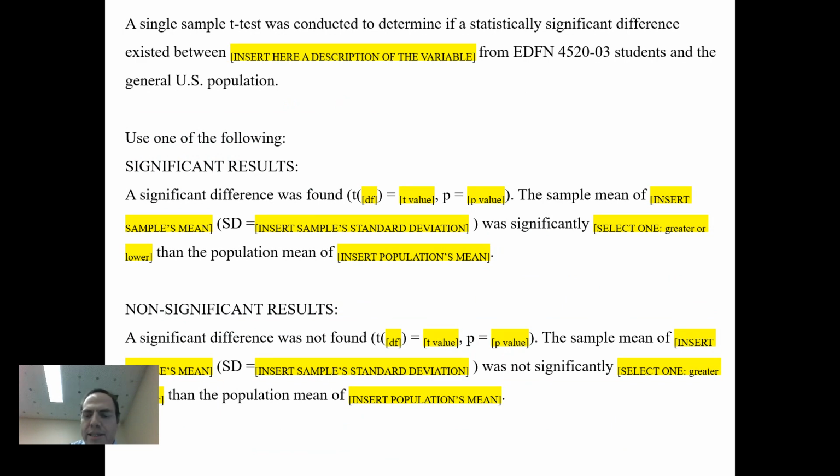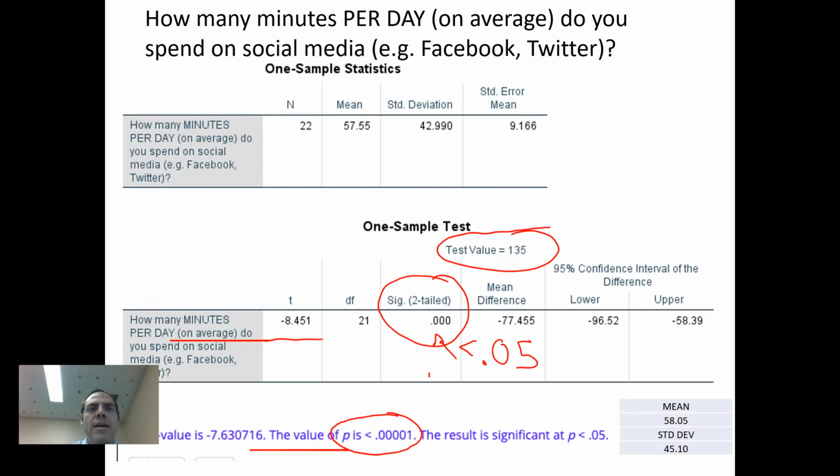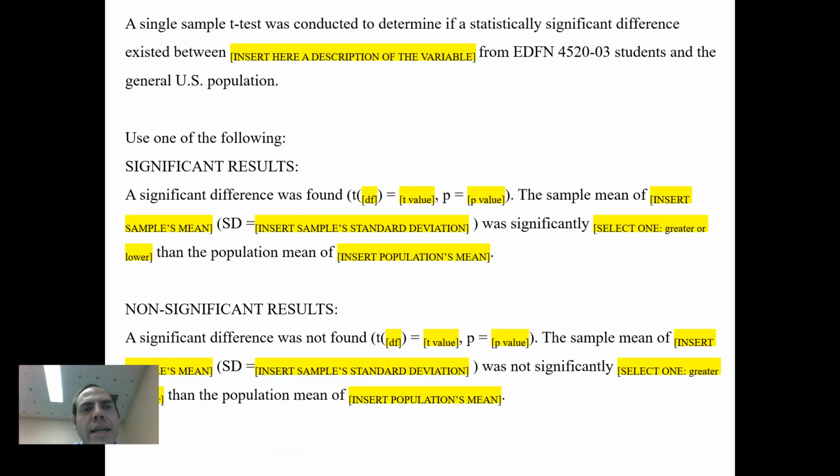All right, so moving on to how do you report it. So let me see, what do I report? Okay, so I would just write here something like minutes per day on social